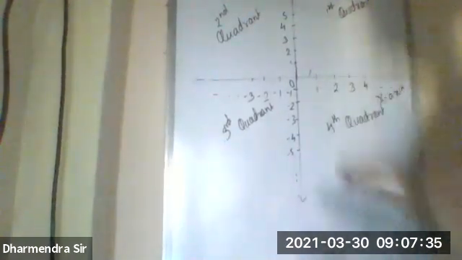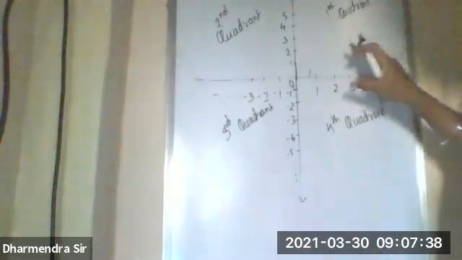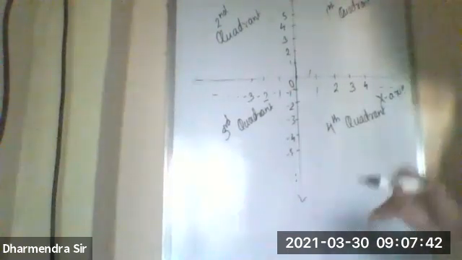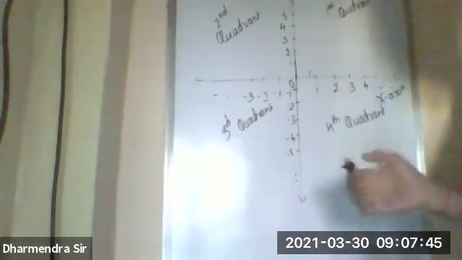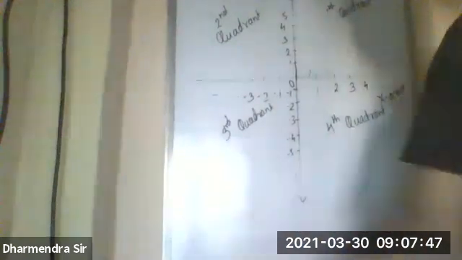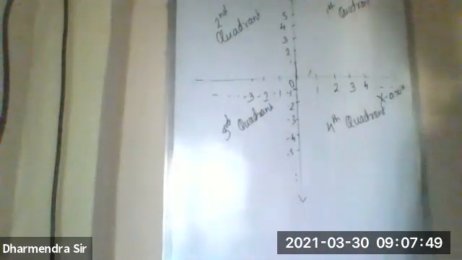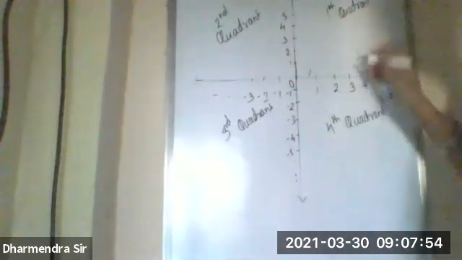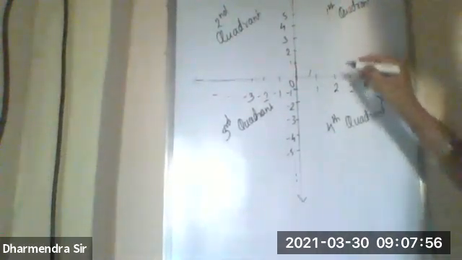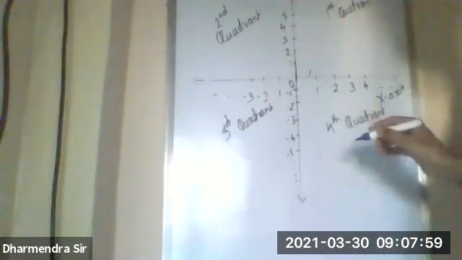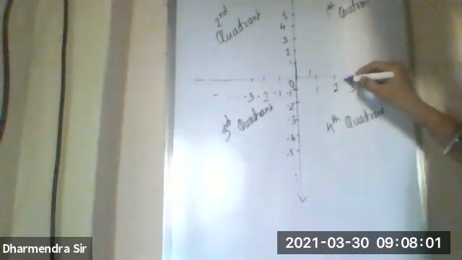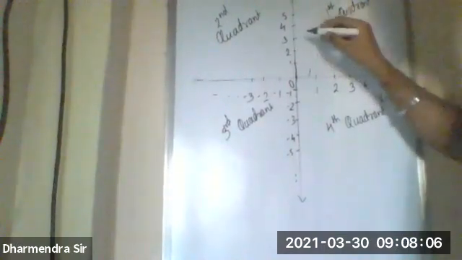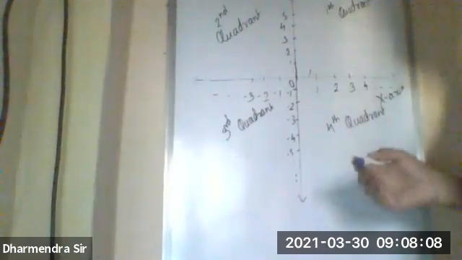Okay. Once we have understood the quadrants, you just have to remember this: first, second, third, fourth. Now we will see how the coordinates are going to be in each quadrant. Every quadrant has its own sign. Here we can see x is positive. And whenever representing a point, any point on this x-axis and any point on the y-axis.